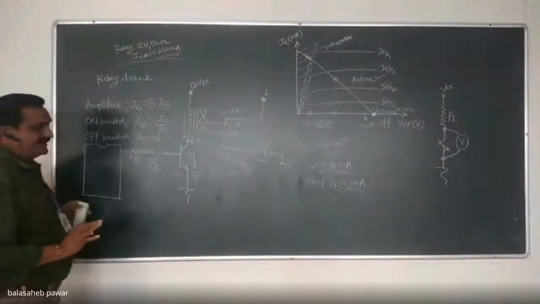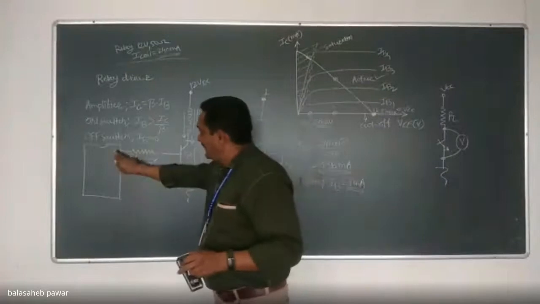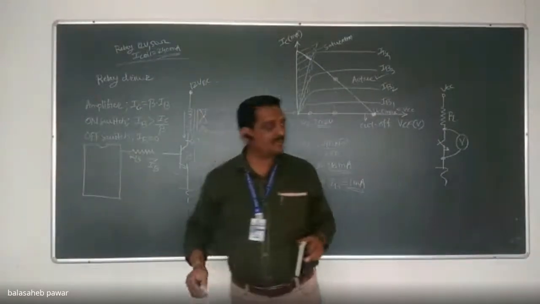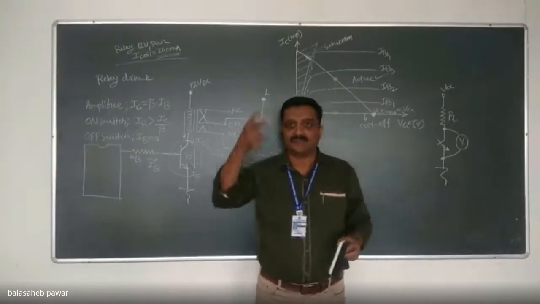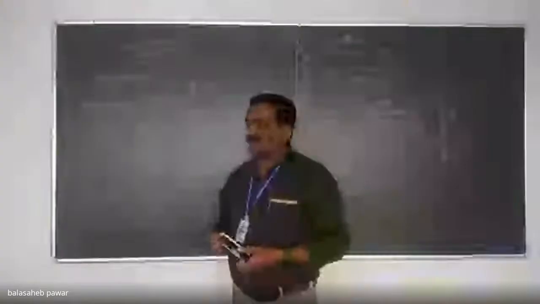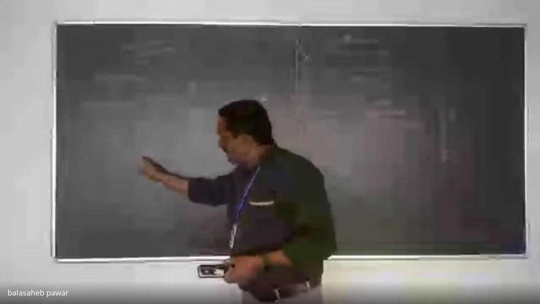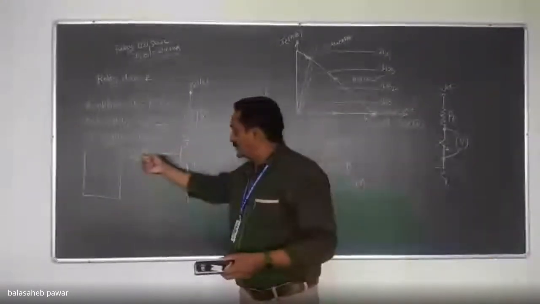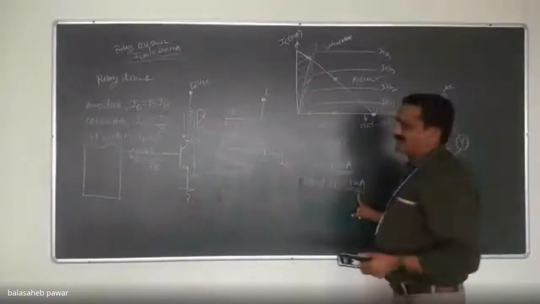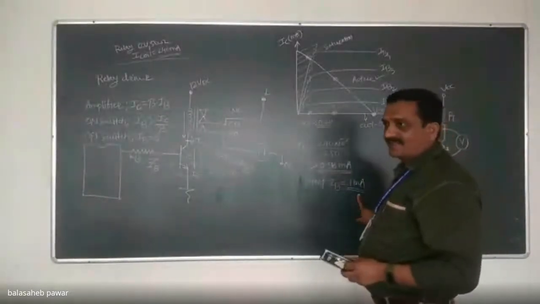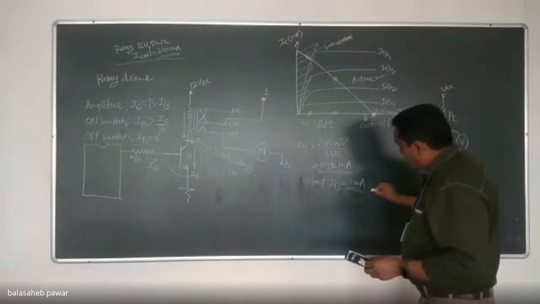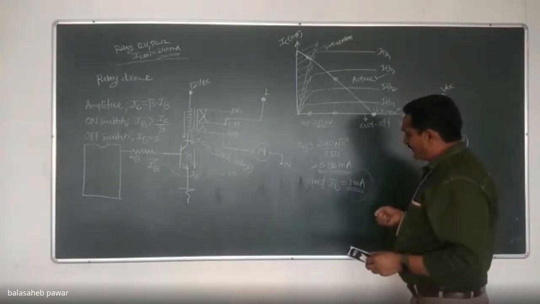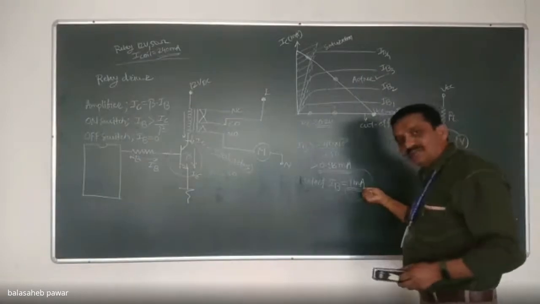Is it okay? Got it? Okay. So see, whenever at the output pin of the microcontroller logic high gets generated, that means how much will it be? Plus 5 volt DC voltage, right? The resistor should be selected in such a way that it allows a current of 1 milliampere, right?